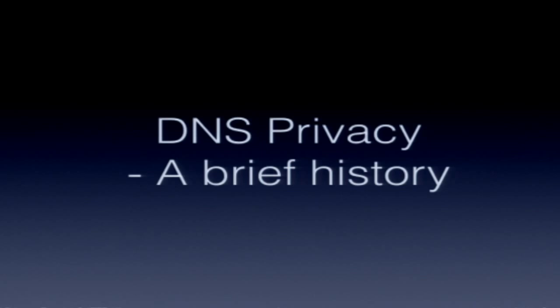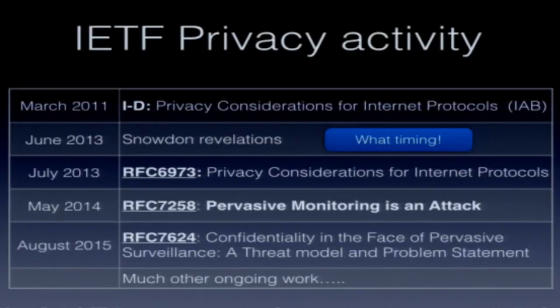So I hope that's given you a flavour for some of the context of what we'll talk about today. So what I'd first like to do, before we dive right deep into what's been happening in DNS world, is talk a little bit about what's been happening at the IETF level in general in terms of privacy. Now, of course, the Snowden revelations were a big thing, and it got popular awareness about mass surveillance out there.